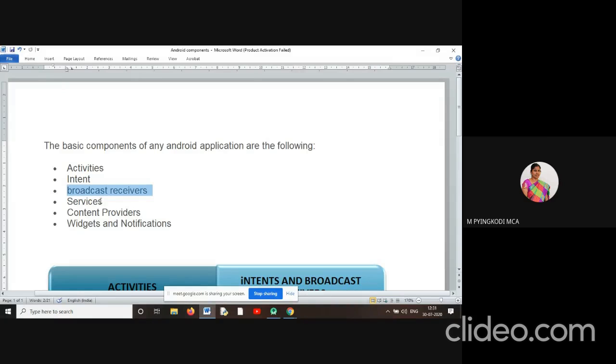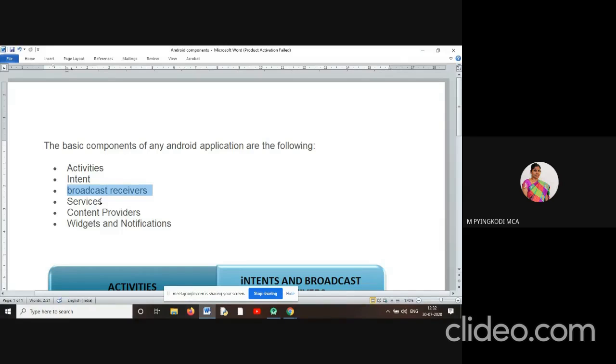Implicitly, the system automatically gives these types of messages: battery is too low, your memory is too low, battery is charging. While you are charging the battery, it will give intimation, right? It will give a symbol, right? So that is broadcast receiver.